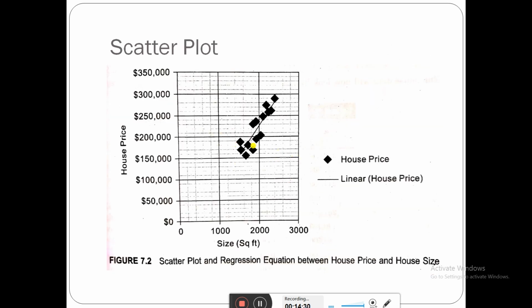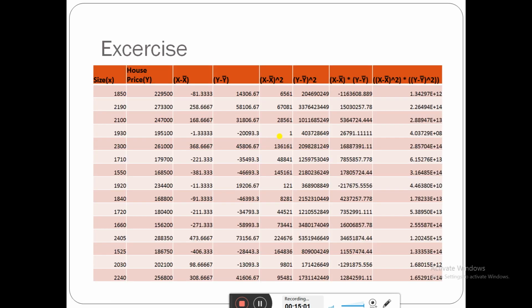First thing is to plot the graph. We have to check visually. By visually looking, we are going to see a straight line for whatever data is given. For the size and the house price, we have to put the data points. Based on the data points, we have to put one line which should cover the most data points. Here this is going to cover the most data points. We have put the line and it is positively increasing. So we are going to start with the solution.